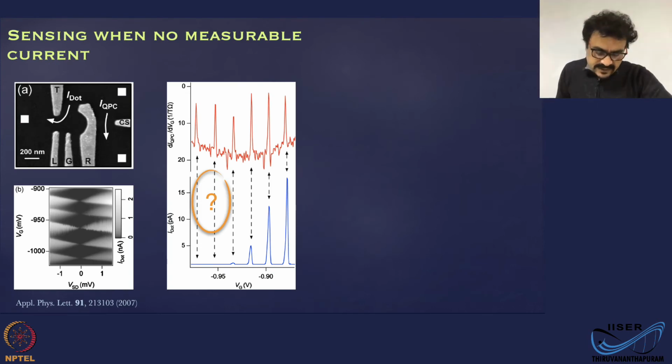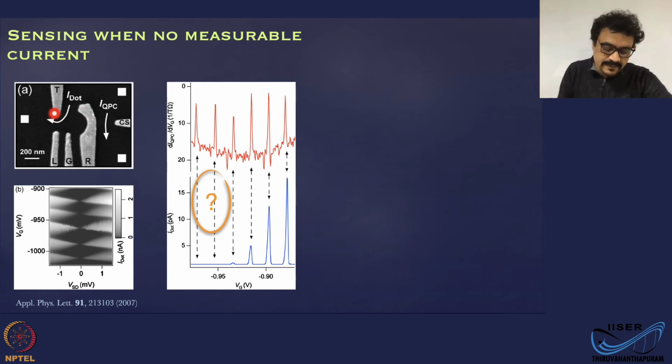Now, what we have here is a situation where no measurable current flows through it, but you can still see there are plenty of electrons in the dot. Okay, this is telling you that measuring the current is not a reliable way. You have to measure the charge to characterize the dot, to see whether the dot is empty or how many electrons are there in the dot. This is really, really crucial, especially when you define the quantum bits using the electron states in the quantum dot.